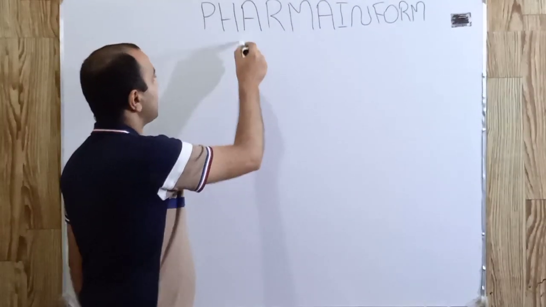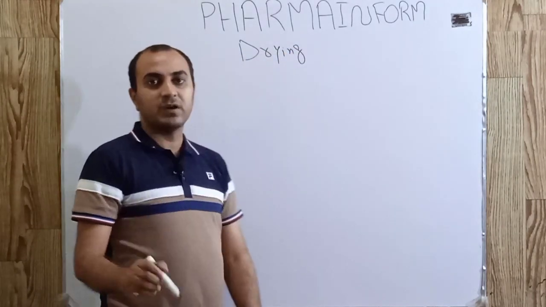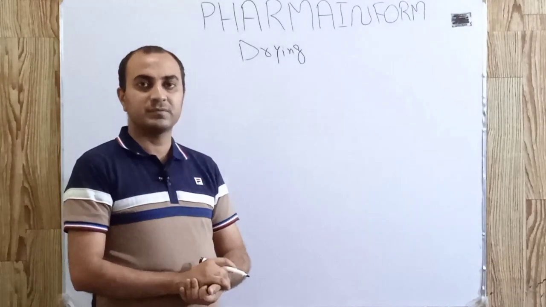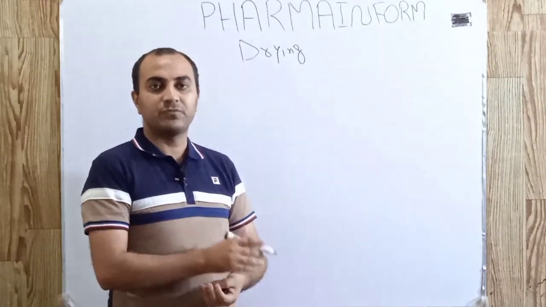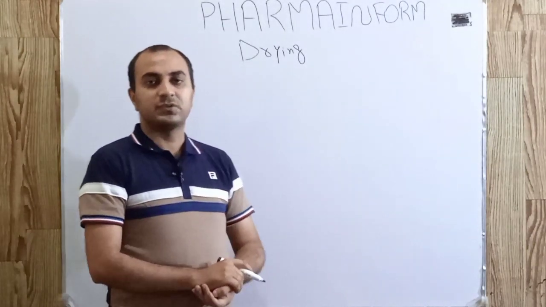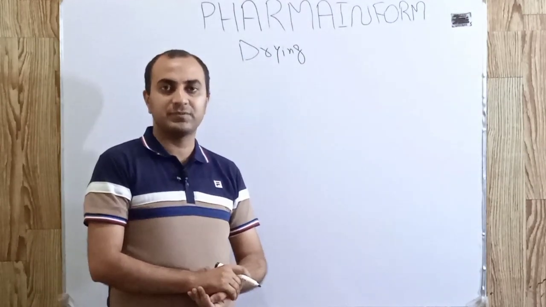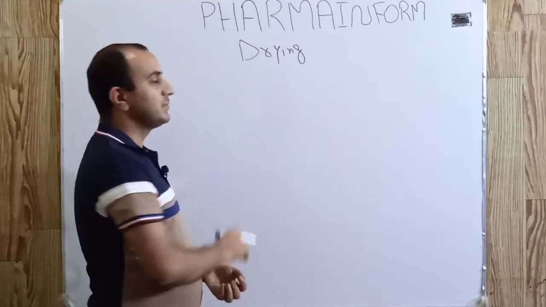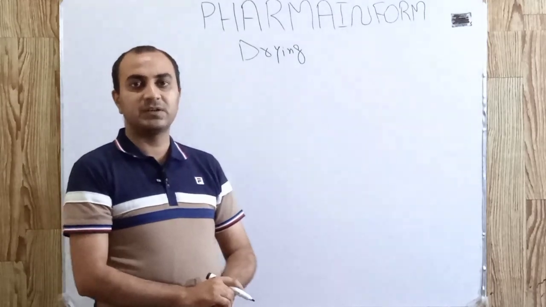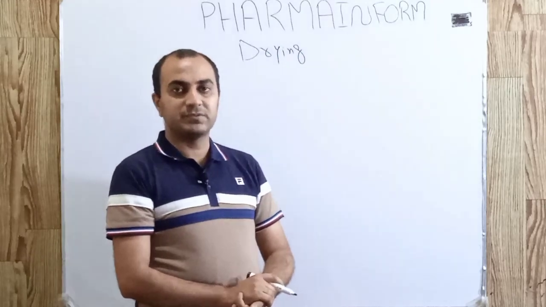So our topic is drying. For a recall, who have joined our channel for the first time, the first step of wet granulation was weighing, second was sieving, third was pre-mixing, fourth was kneading, fifth was wet sieving, and now it's drying. The link of previous videos is given in the description. You can check previous videos from the description.